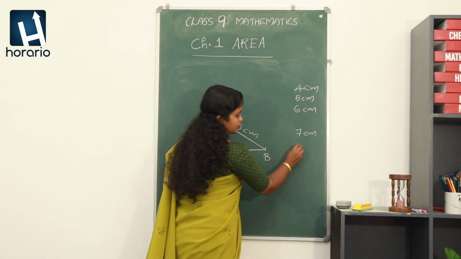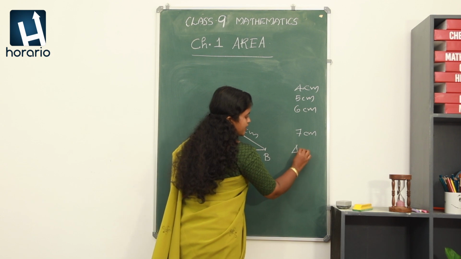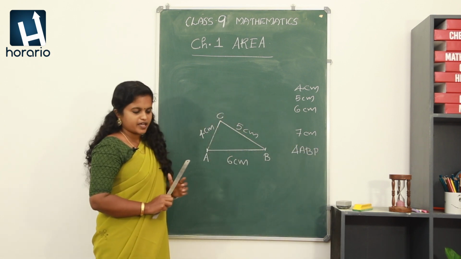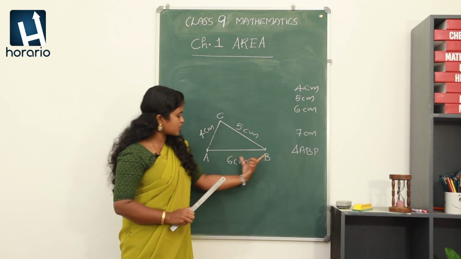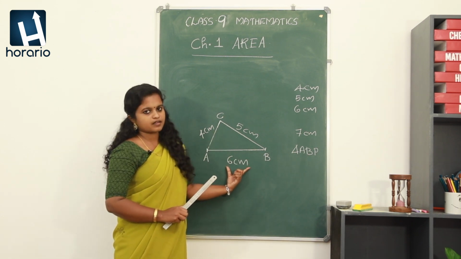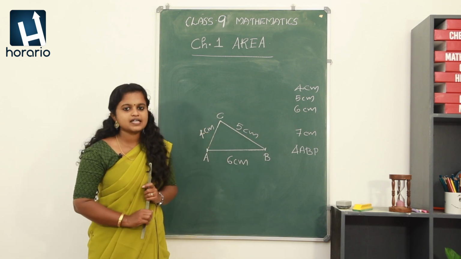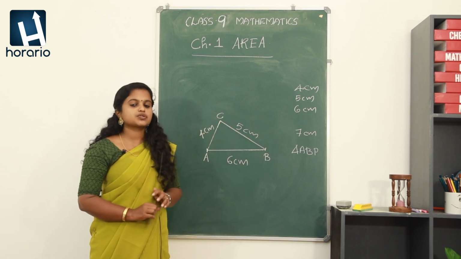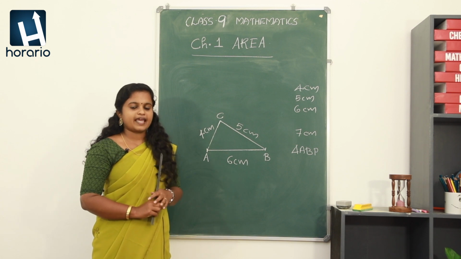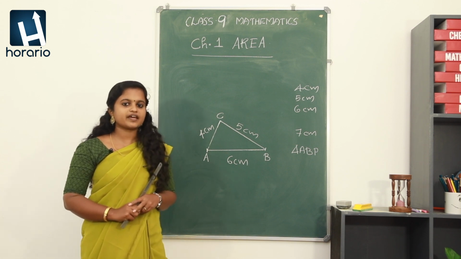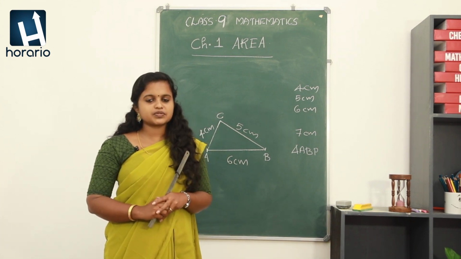Suppose you are going to construct the triangle ABP. Among that, one of the sides is already fixed as 6 cm. Then the remaining two sides are there. Out of that, one should be 7 cm. But you should not change the base as well as the area. That is the question. So how can you do that? Can you use the concept that we have just learned? Can you use that?